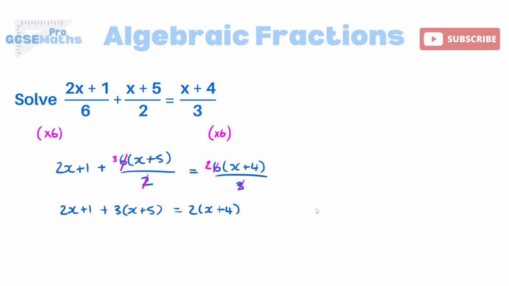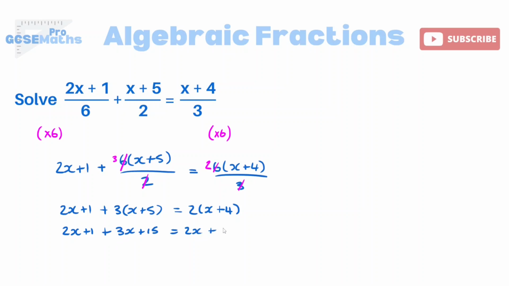Now this only works if the other two denominators are factors of that number. In the case that you might get, it might not be, so you might have to multiply by all of the denominators individually, one at a time. You might have to do that, but in this case we didn't have to. Now I've got rid of all my algebraic fractions, I'm just going to expand and simplify and collect any of the like terms. So we've got 2x plus 1 plus 3x plus 15